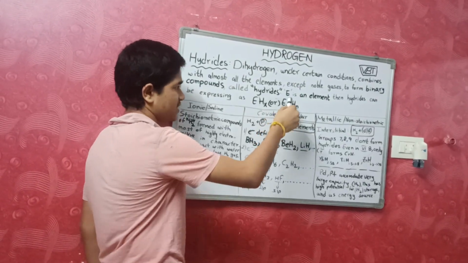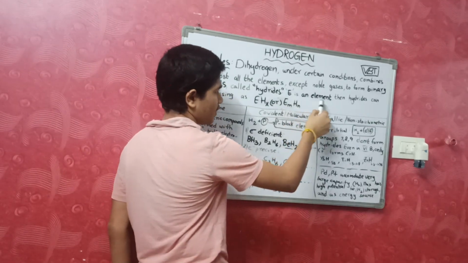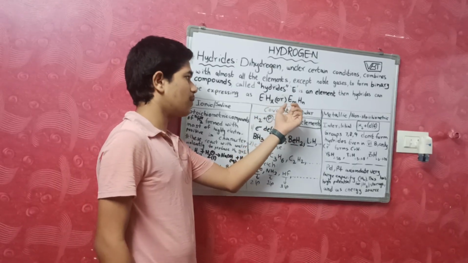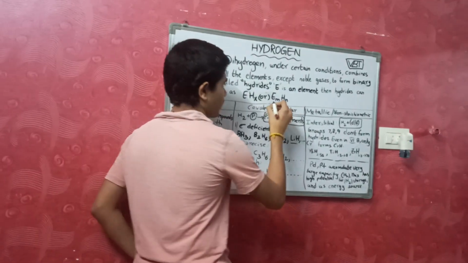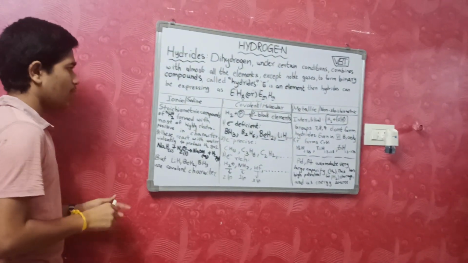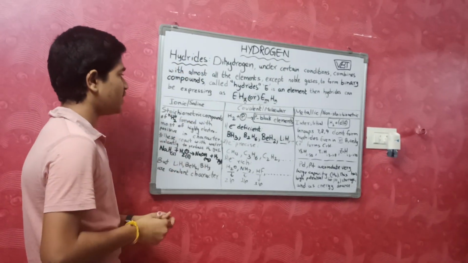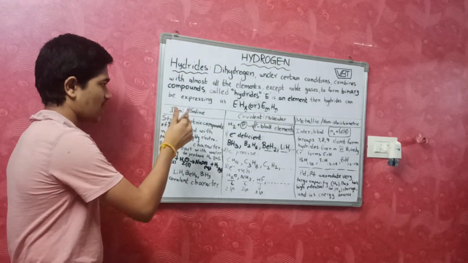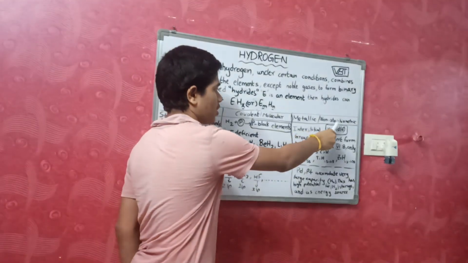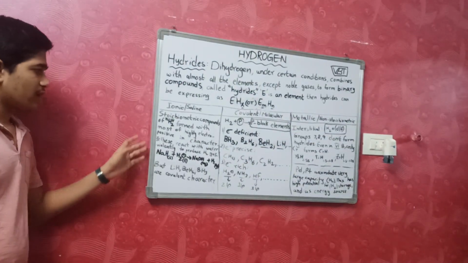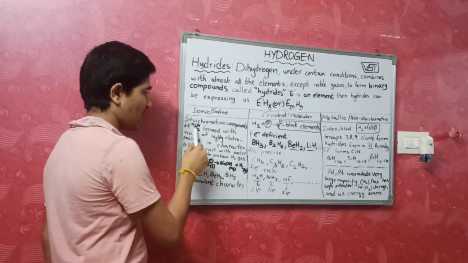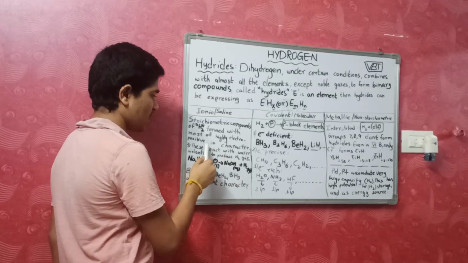The general form of hydrides is E. Let E be an element. Then hydrides can be expressed as EHx or EmHn, where m and x are stoichiometric coefficients. Now, these hydrides are divided into three types, that is, ionic or saline hydrides, covalent or molecular hydrides, metallic or non-stoichiometric hydrides. First, coming to ionic or saline hydrides, stoichiometric compounds of dihydrogen formed with most of the highly electropositive elements